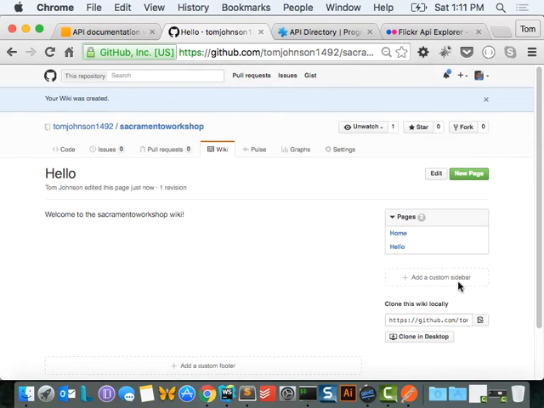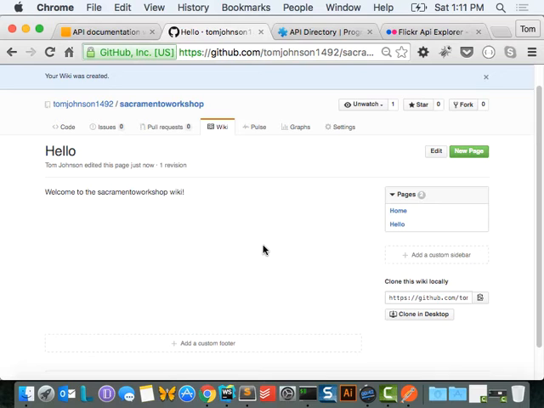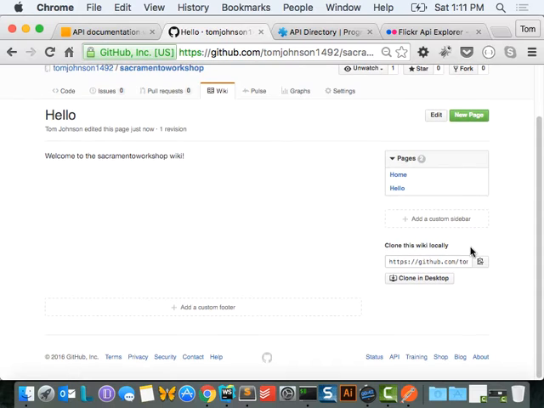Obviously, it's not very well branded to your company, but it's close to the code, and you have a lot of flexibility. So have you all created the wiki part? Okay, so if you've never worked with GitHub, this will be new. If you have, this will just be old school. But one thing that GitHub allows you to do is work locally on all your files. So you'll see this little box down here that says Clone this wiki locally with a Copy to Clipboard button. See that? Click that. Go to your command line